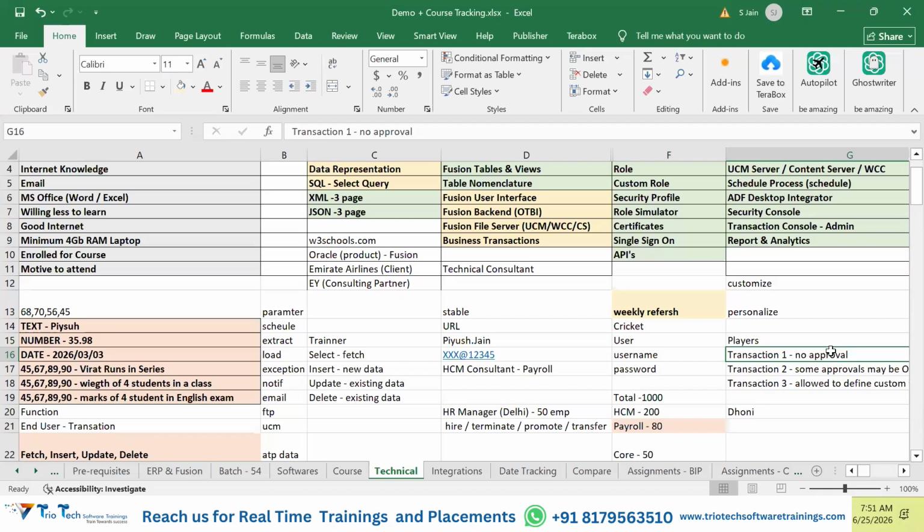But for which business transaction? If those business transactions allow you to define the business rules, you can do it for certain transactions. For some transactions, Oracle neither gives you a predefined approval rule nor the capability to define the rule. For certain transactions, Oracle has already given the business rule and allows you to modify it. For certain transactions, Oracle has not defined any rule and allows you to define your own rules.